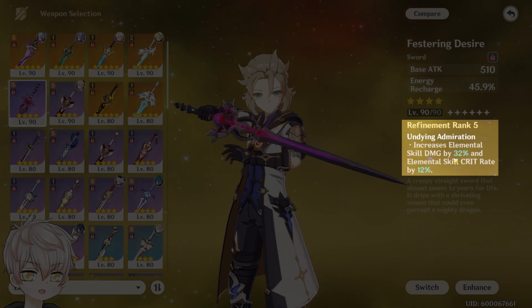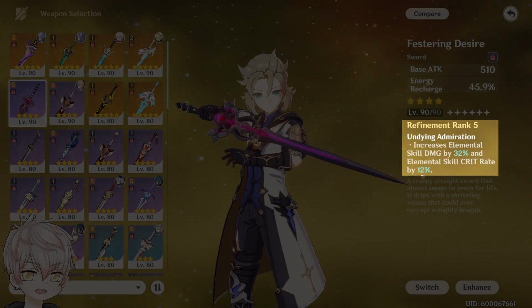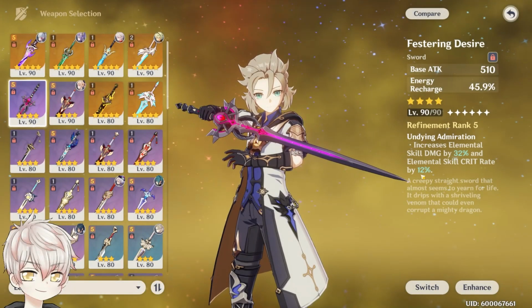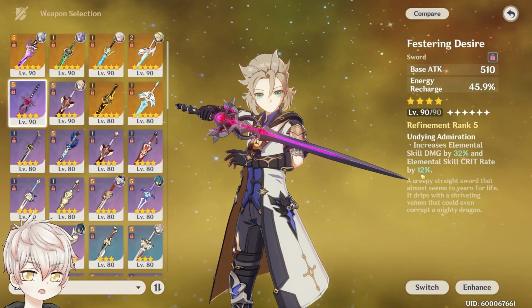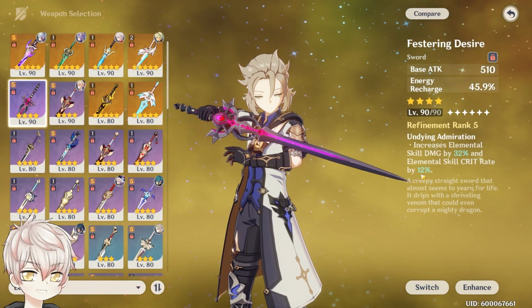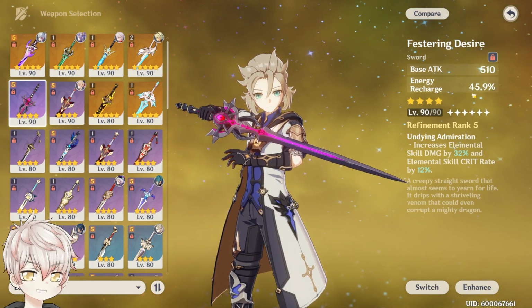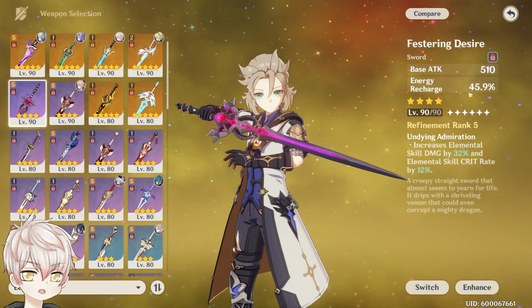Provides a massive 32% elemental skill damage at R5, along with a skill crit rate increase of 12%. Unfortunately though, those who did not play during 1.2 will not have access to this weapon. We'll see what the event sword coming in 2.3 will look like, and if it'll be meaningful for Albedo. The energy recharge is extra icing on the cake if you want to spam your burst for the Ascension 4